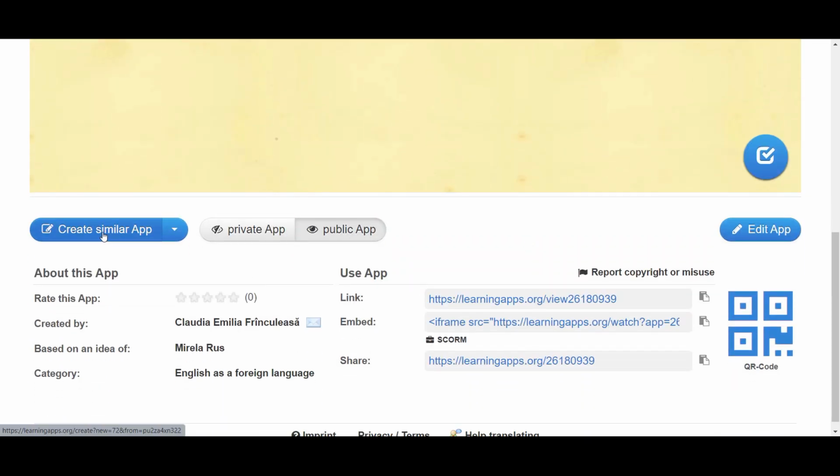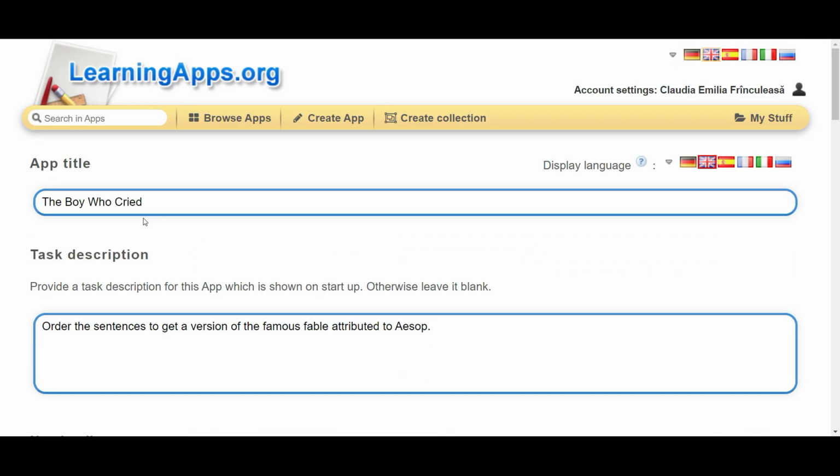Therefore, instead of the boy who cried wolf, I am going to use another educational story entitled The Sheep and the Wolf.